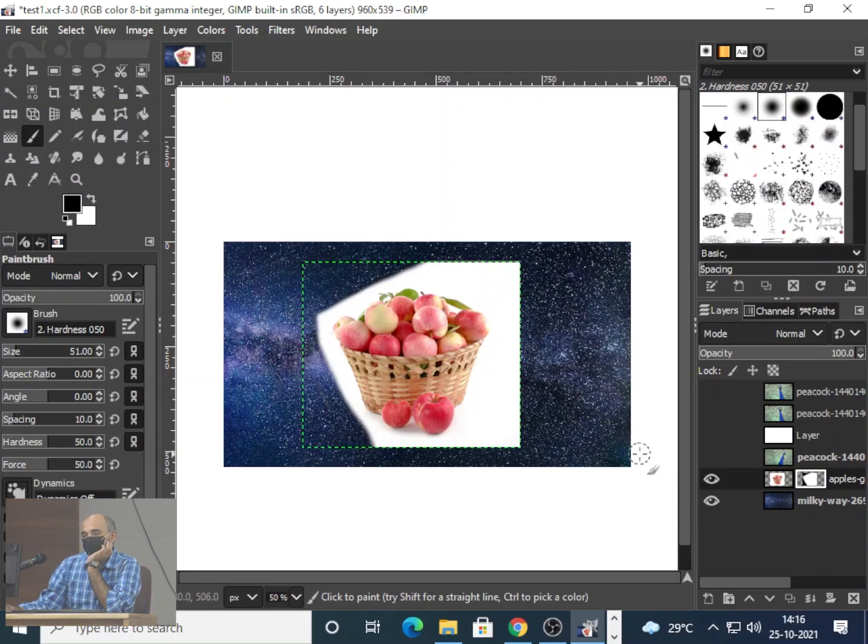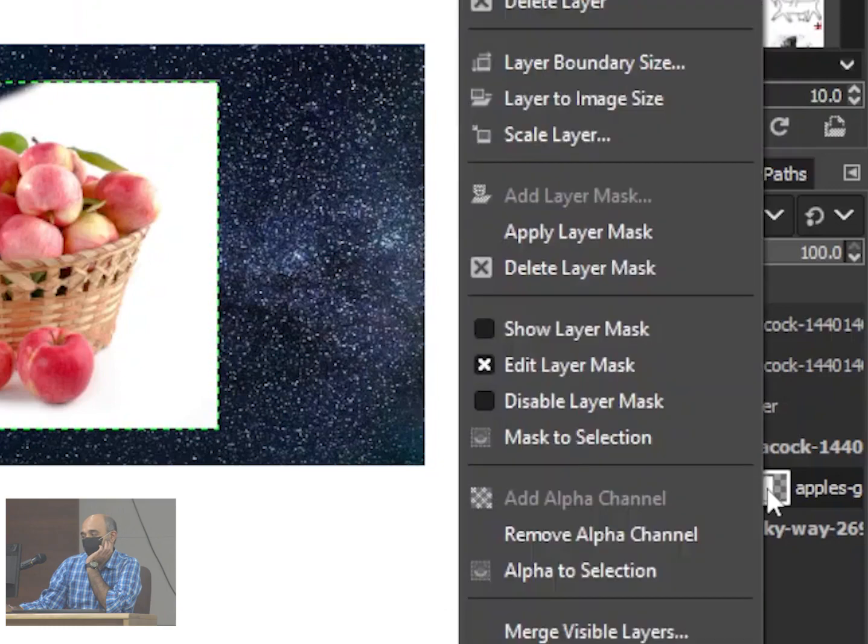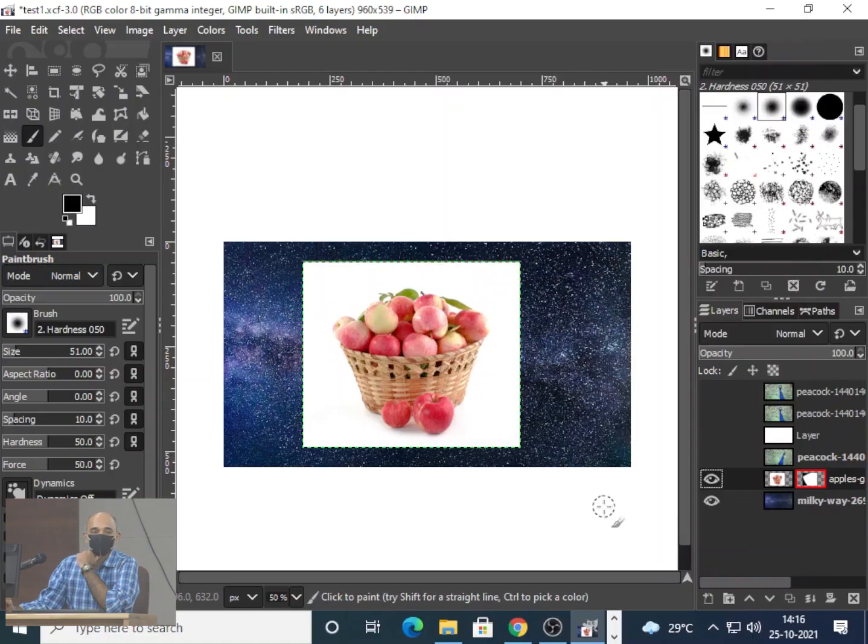Is the image being destroyed or the image is still there? So what I'll do is I'll just disable this mask. Can you see this? The image is still there.